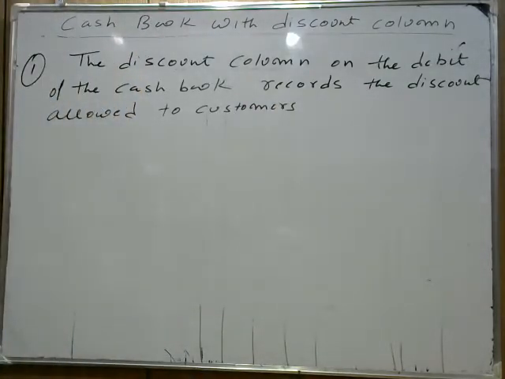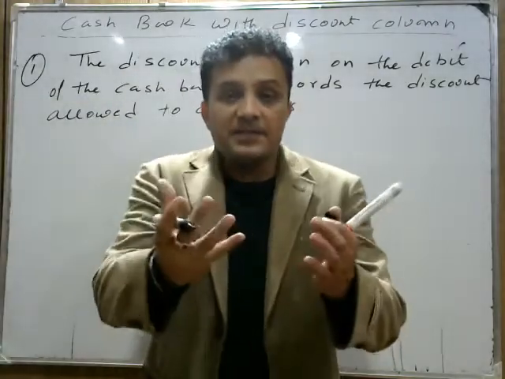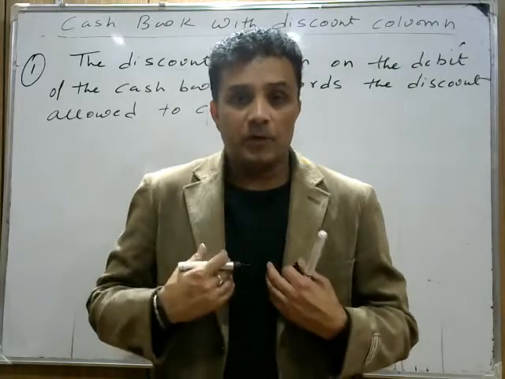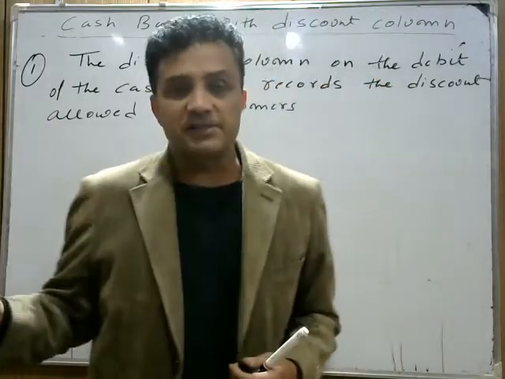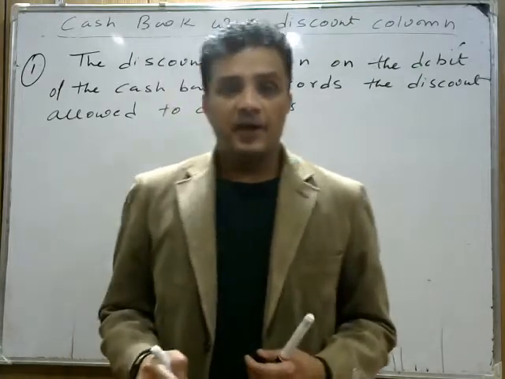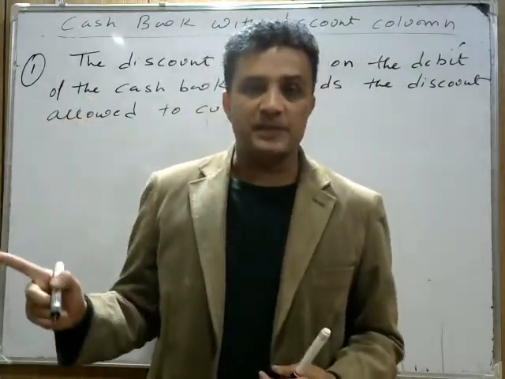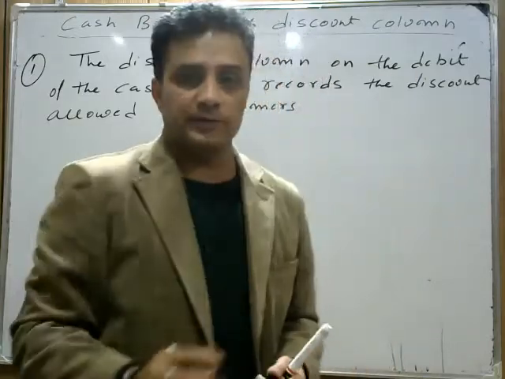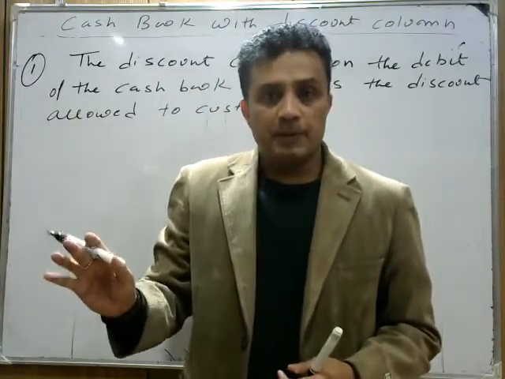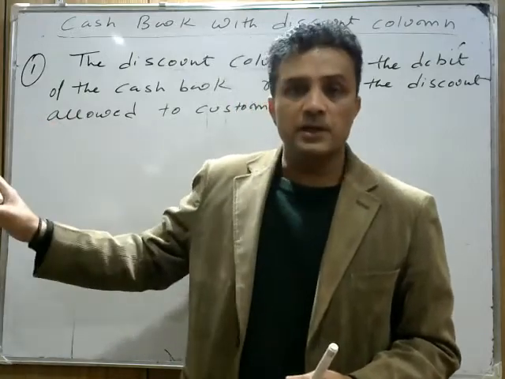Because when we receive cash, तभी हम डिस्काउंट देते हैं. When we receive cash, then only we can give the discount. हमें cash receive करना है early. Okay, the debtor told us he can make the payment after 3 months, but we need money immediately. हमें debtor से receive करना है 50,000 rupees. But he said, यार अगर आप अभी pay कर दोगे तो you have to pay only 48,000, not 50,000. But he promised us to pay 50,000 after 3 months.